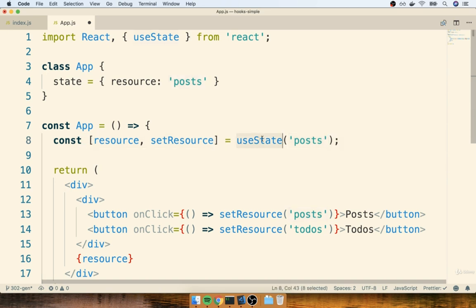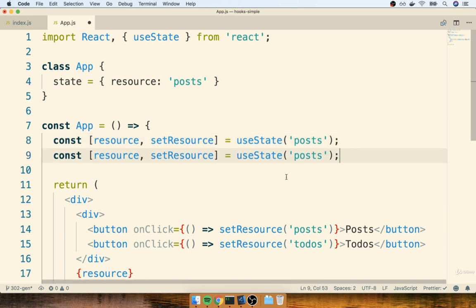So when we make use of the useState hook, we kind of move away from an object containing all of our state to just the individual values themselves. The reason for this is that we can call useState as many times as we wish. So if we wanted to have some other piece of state inside of our application called maybe counter or something like that, we could start off a counter at 0.